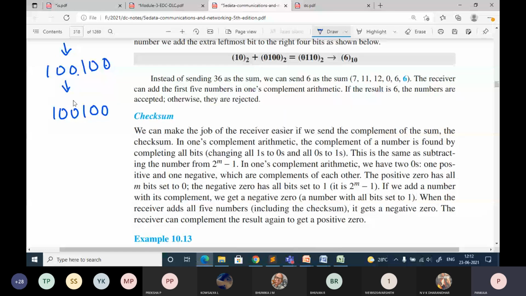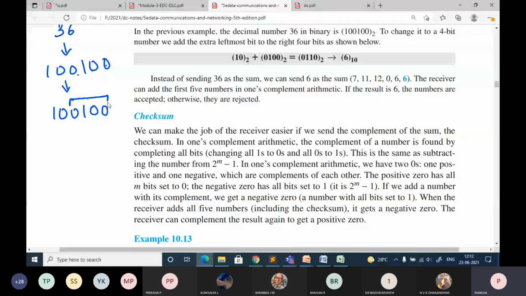If I have fixed on 4 bits, then I consider these 4 bits, and 2 more bits are left out. You take these 2 bits, 1 0, and add them at the LSB part, to the bits 0 1 1 0.